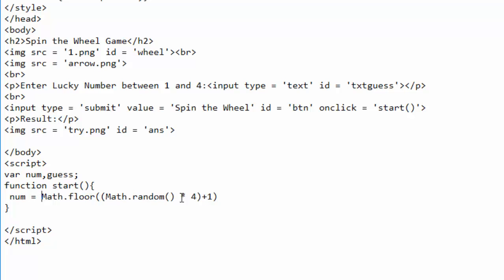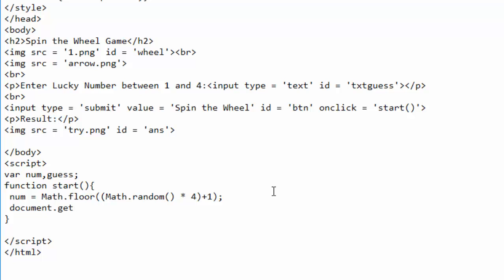Then I apply the floor. Then I will get a number from the computer, a random number you can't predict, but it will be between 1 and 4. Then the next thing to do, I want to show the wheel position,